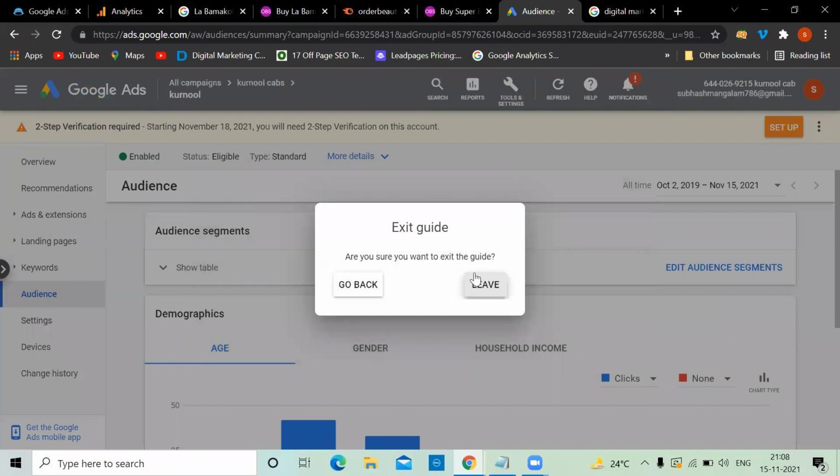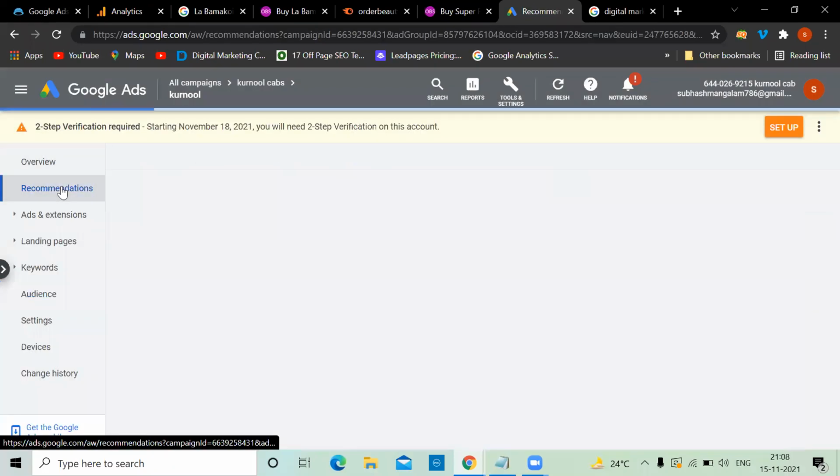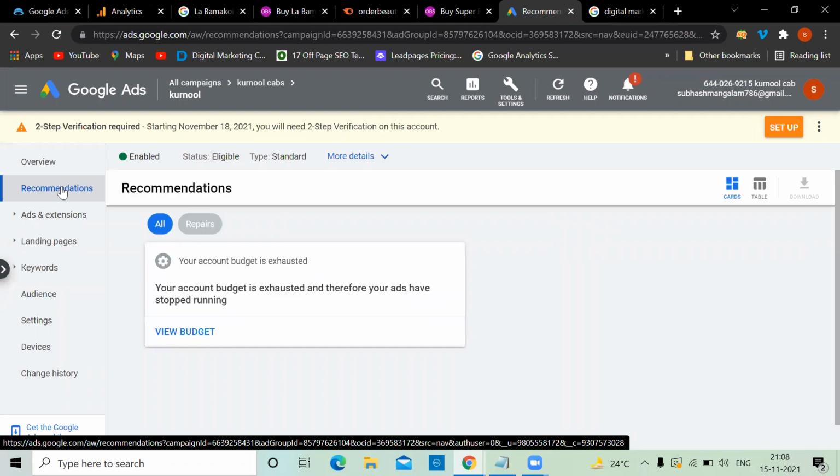Next, guys, on the left hand side, you'll have an option called recommendations. Google Ads always recommends you to do some repairs, like targeting a location, or using a phrase match. Sometimes they'll ask you to add broad match, and if you're not using search partners, they'll tell you to add search partners. Sometimes they suggest you go for smart bidding. Based on that, they have a score, but you don't have to worry much about the score. Whatever suggestions Google gives, if you follow them, it'll give you 100%.